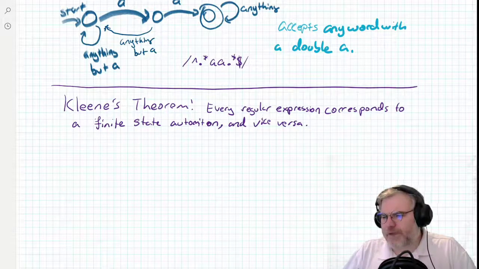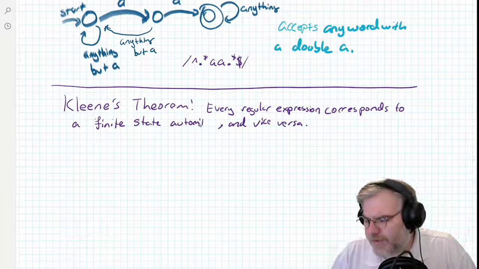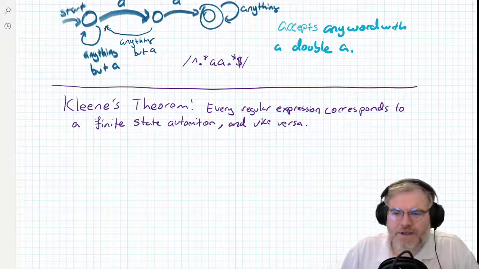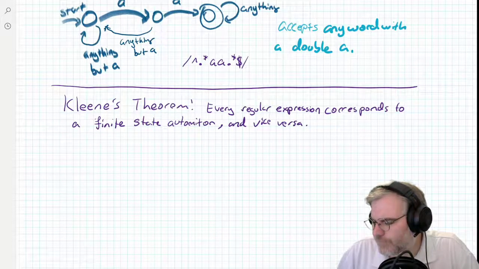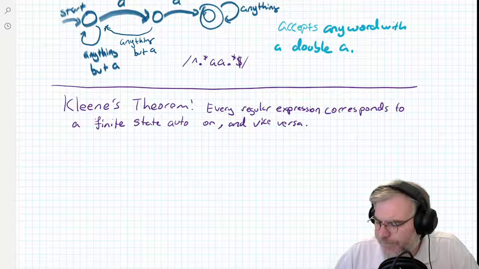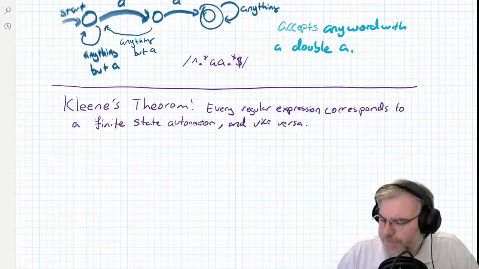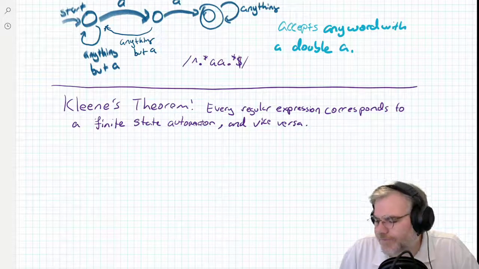Well, automata is the plural. Automaton is the singular. It should be an A. There we go. No N there. That's an M. Automaton. All right. And that was the point.